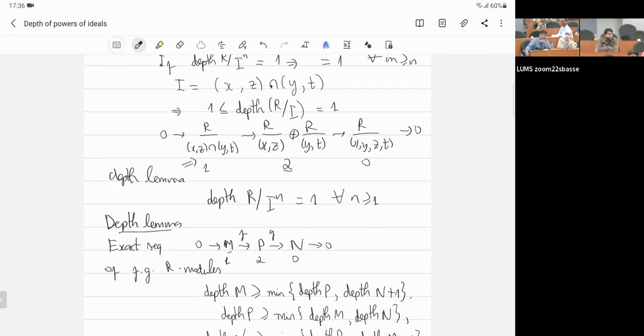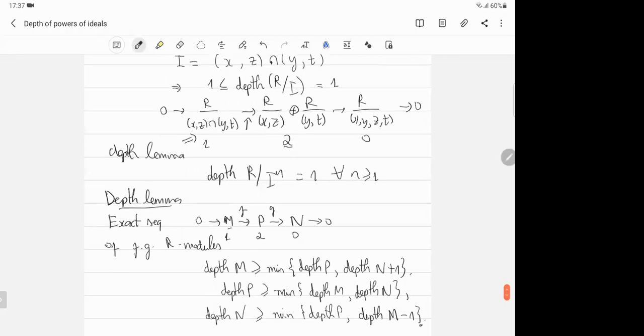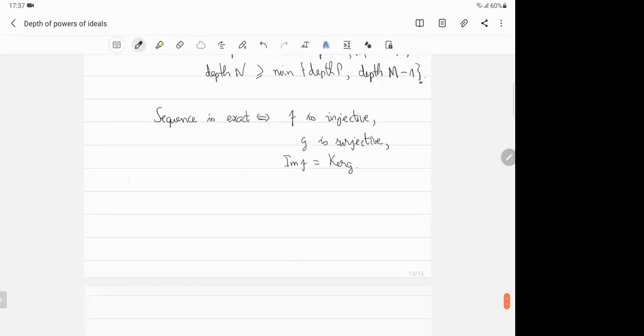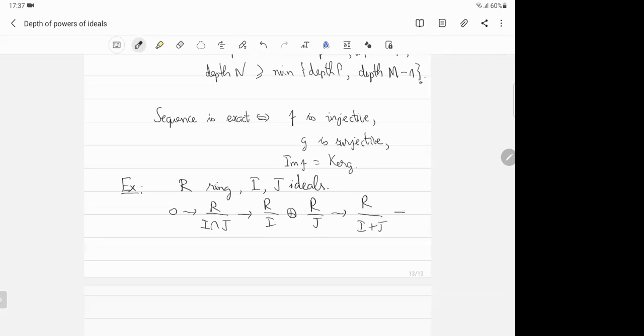So I was just curious about the injective part on the left side. Right, this part. Actually, this is a nice exercise on exact sequences. You can start with just any ring and any two ideals, and then you get this exact sequence: R modulo I times J, then R modulo I direct sum R modulo J, and R modulo I plus J. You always have an exact sequence like this, where the first map